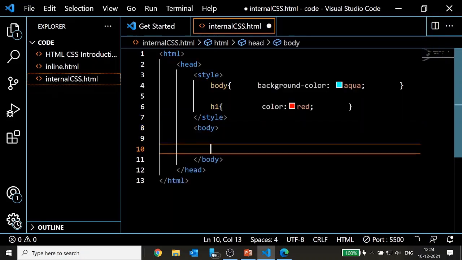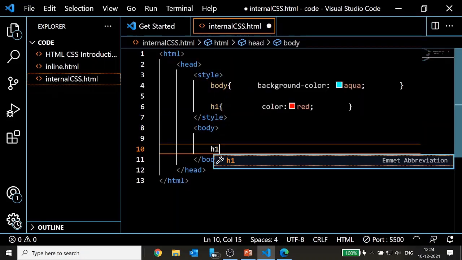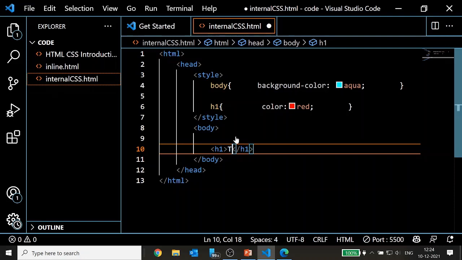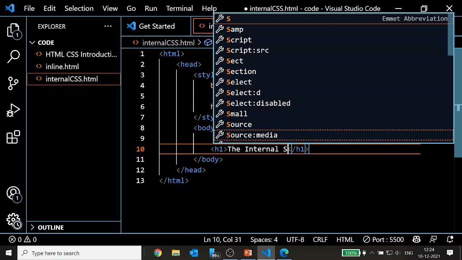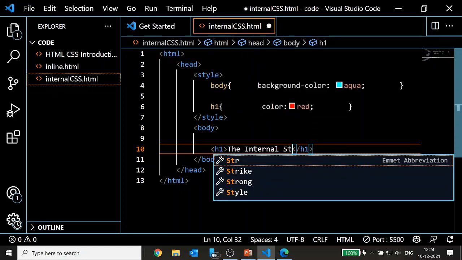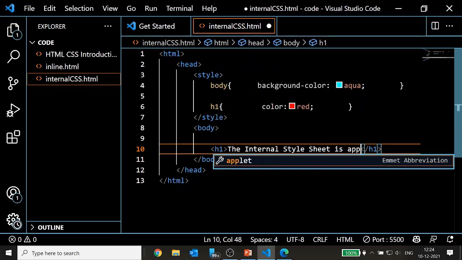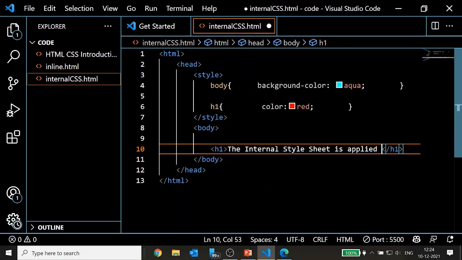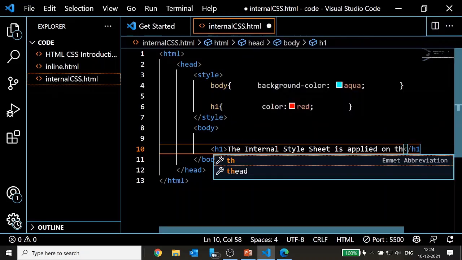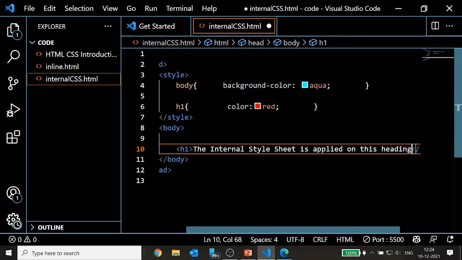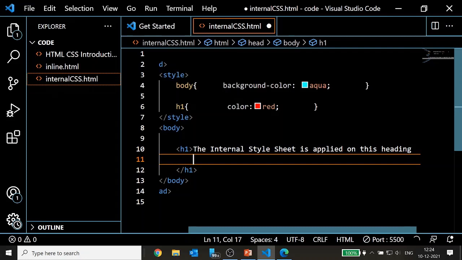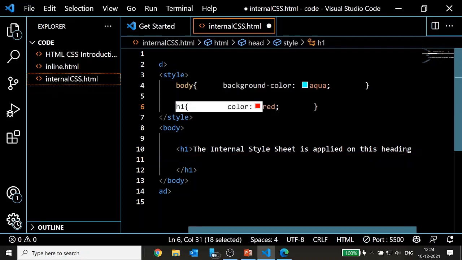Now we will take one heading: internal style sheet is applied on this heading. Nothing we are mentioning in the heading, and automatically the style will be applied to it.